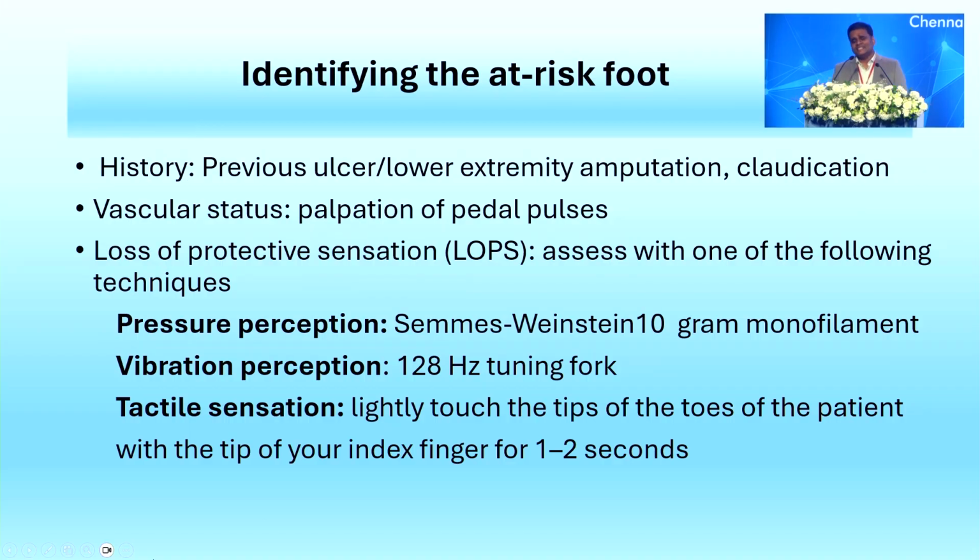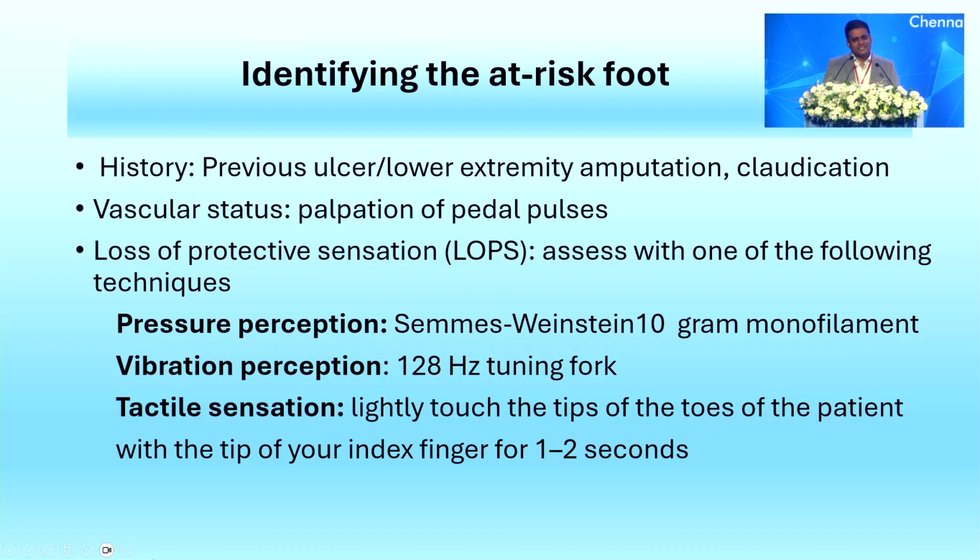How to identify the foot at risk? Very simple. Ask the history of these patients. For those who come for regular checkups, ask about any previous ulcers or amputation, any claudication, pain or numbness, all those things. Just ask the history and look at the vascular status of the patient. Just do a simple palpation of the lower limb pulses. Keep a footstool in your OP, then just bend down and look at the pulsation. You can prevent some amputations in your patients.